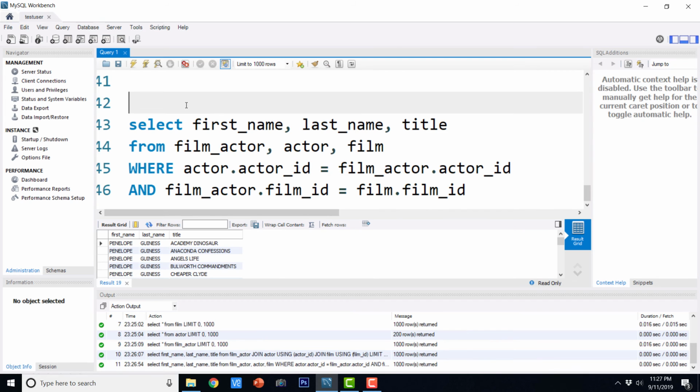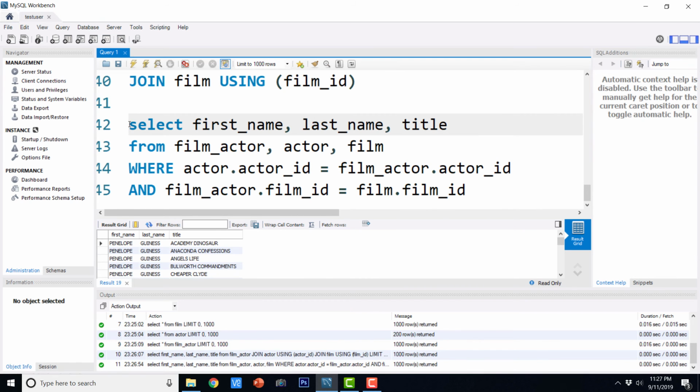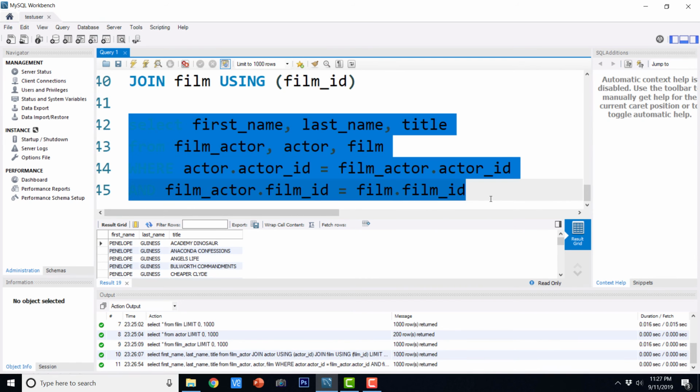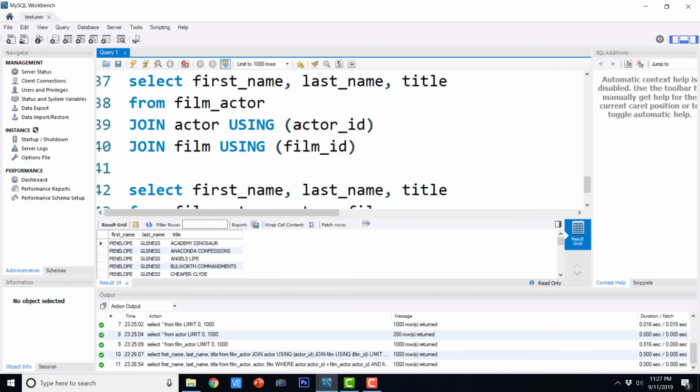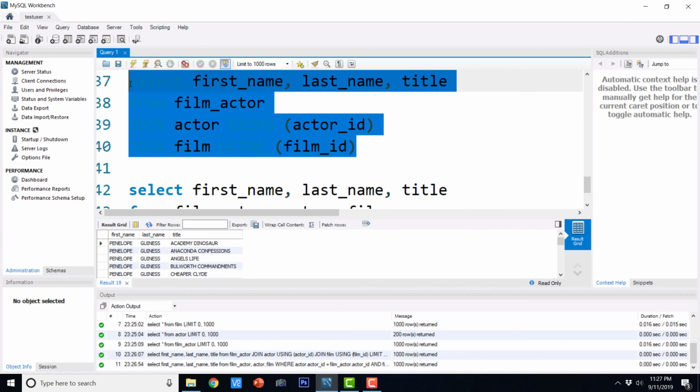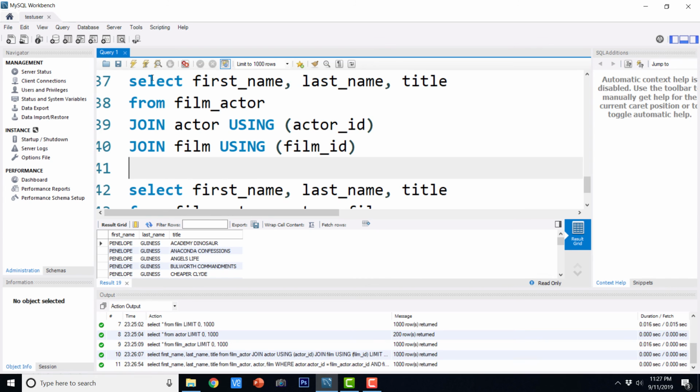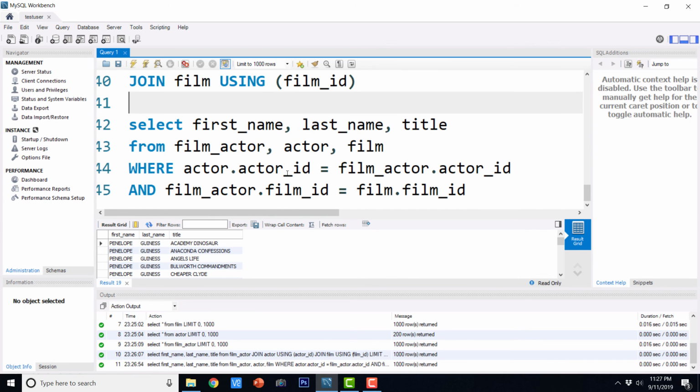The only thing is that we have written this query using the syntax which is conventionally older. Nowadays, almost all the DBAs as well as developers use the other sort of syntax. So this is the modern syntax and this is the older syntax. But the point is, if you have to select the data from n tables, you have to have at least n-1 join conditions.